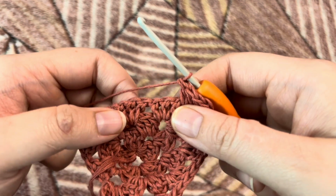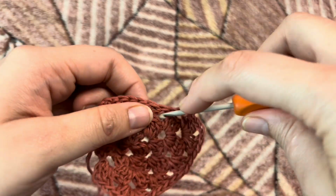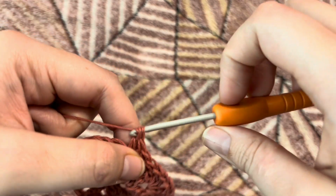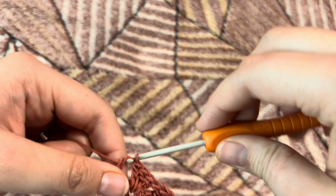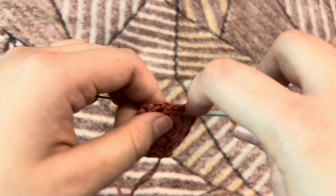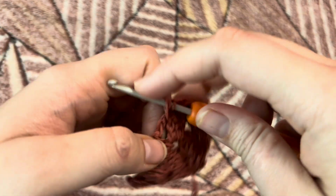Now in the next space over here, we're going to make 3 double crochets, 1, 2 and a 3. Again in the next space we're going to make 3 double crochets, 1, 2 and a 3. In the next chain 2 space we're going to make 3 double crochets, chain 2 and